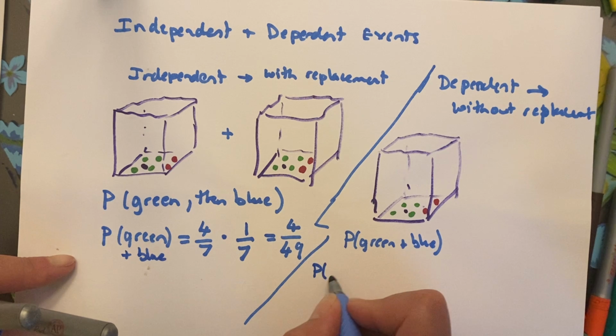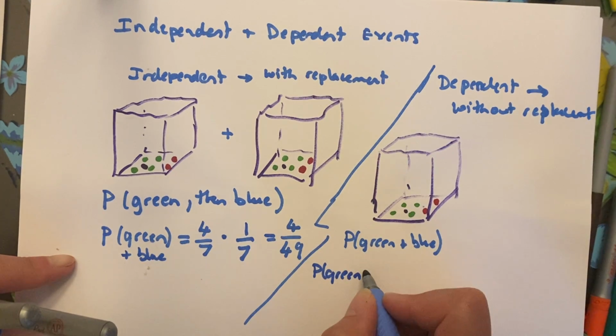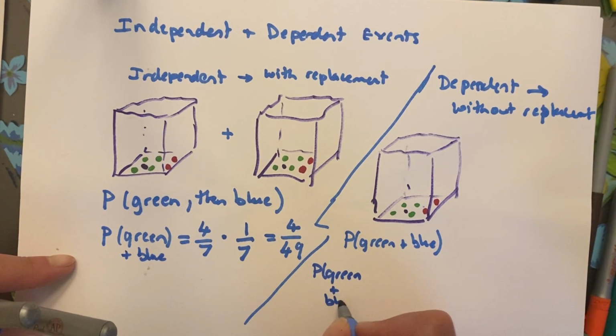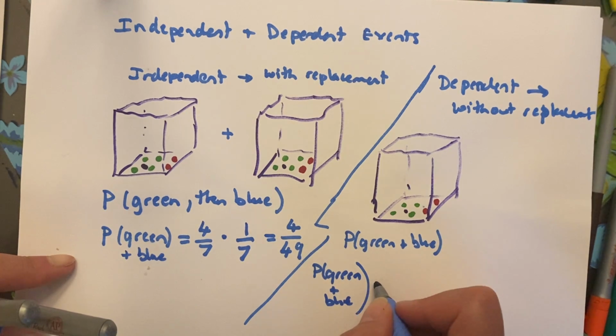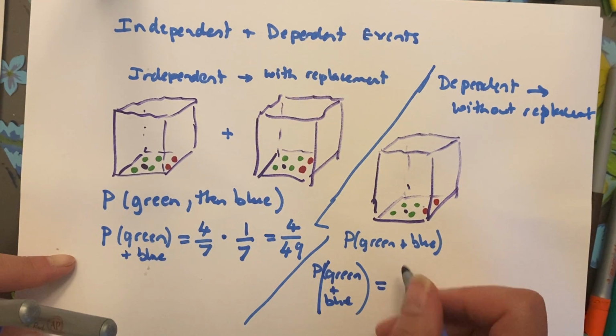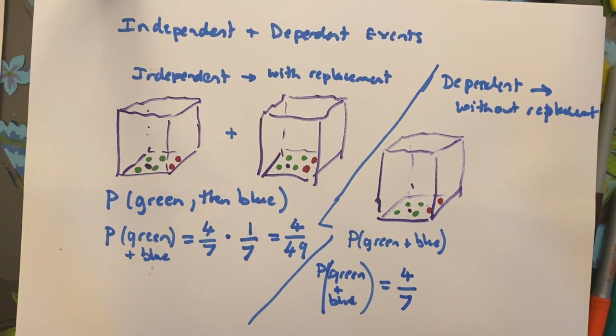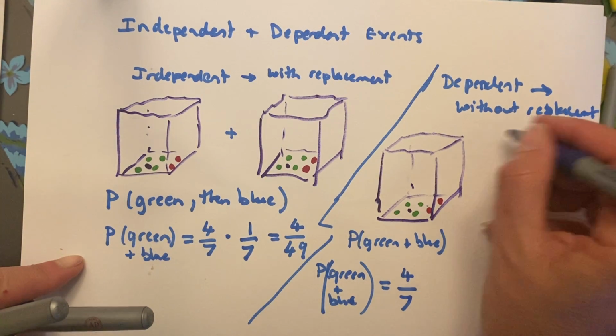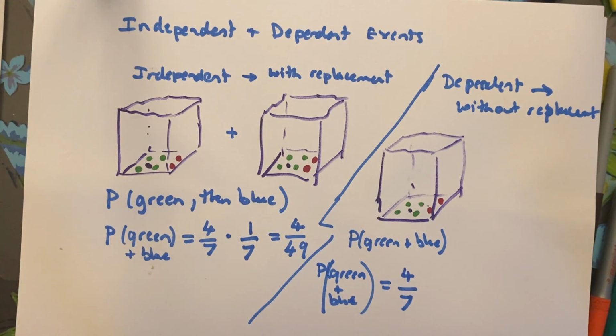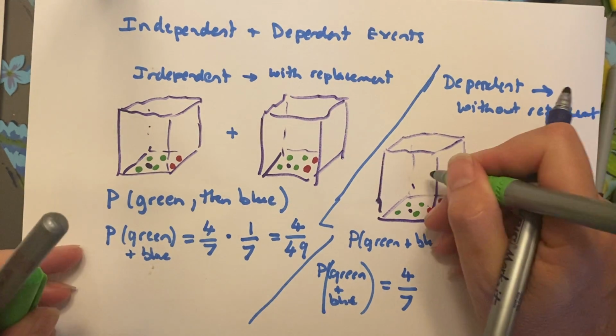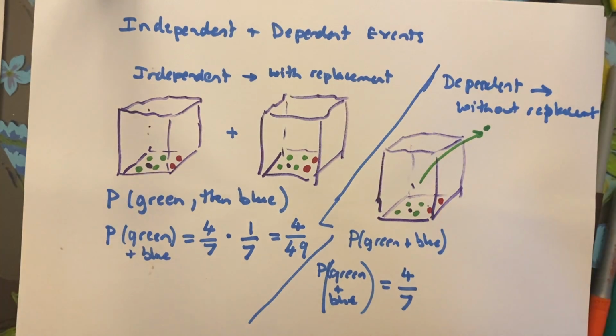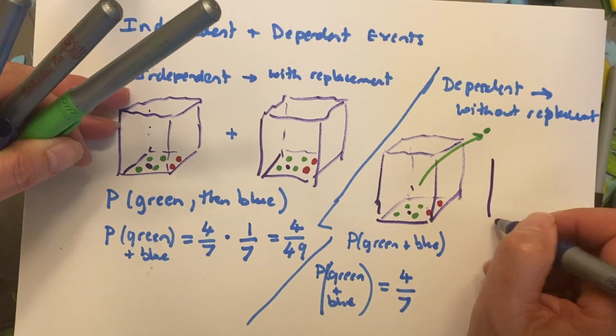When I pick the green marble, and then later the blue one, when I first pick the green, same thing as before, I pick 4 out of 7. But I don't put the marble back in. I keep it out. And actually, I'm just gonna show that green marble ends up here, but does not go back in. So when I go back in the second time to reach into my bag,